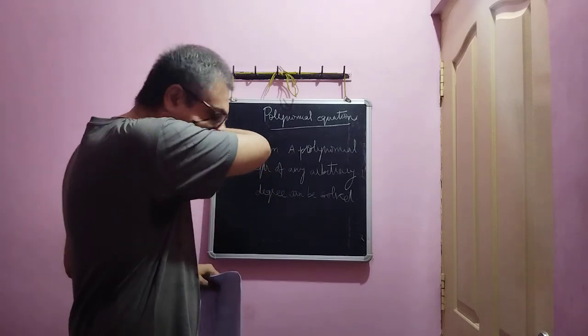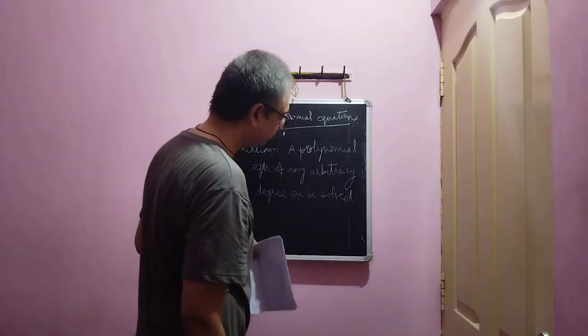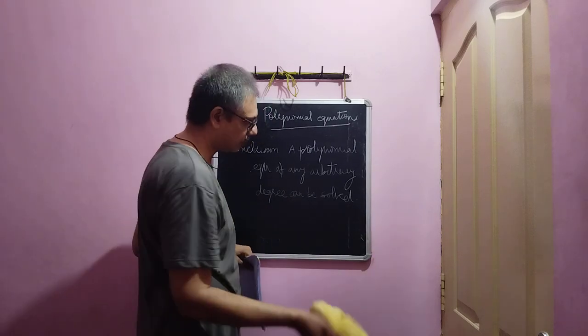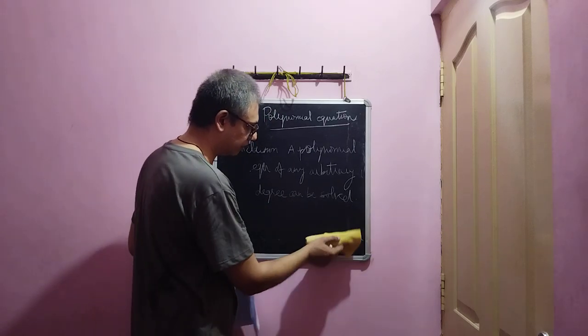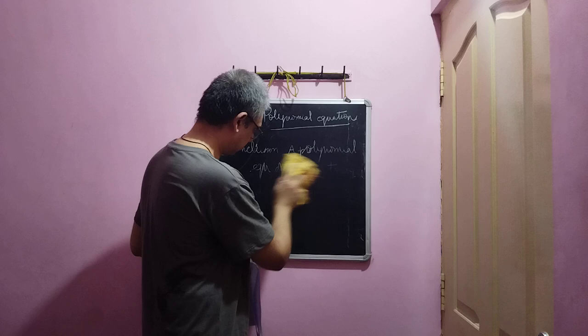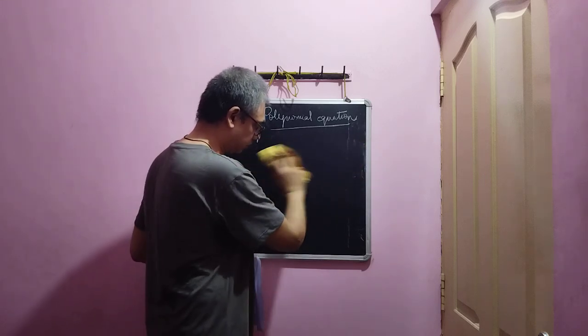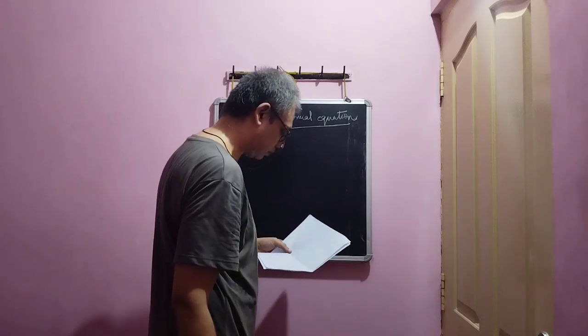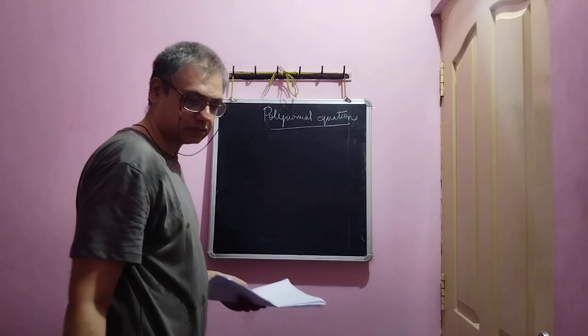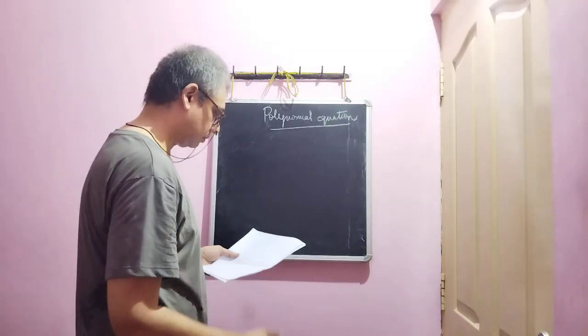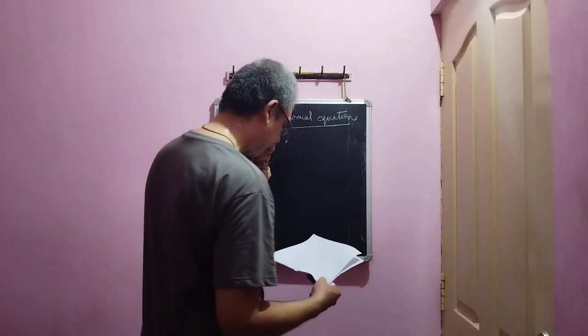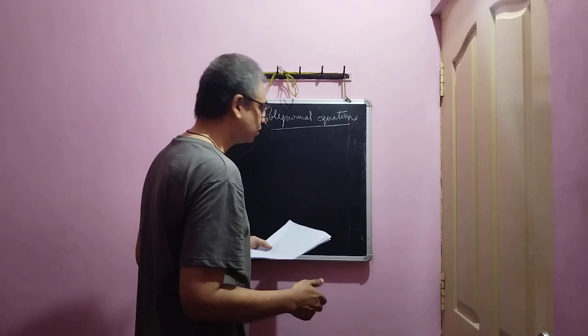So every polynomial equation can similarly be solved. The solution often lies in the realm of complex numbers, very rarely in the realm of real numbers. Real number solutions are also possible. But so this is the basic